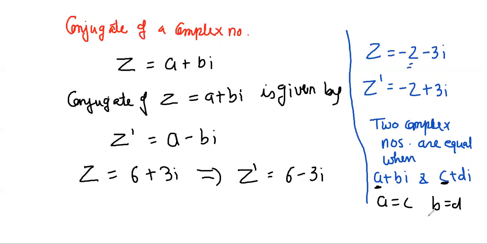if it is so, अगर a c को equal आएगा और b d को equal आएगा, तो मैं कह सकता हूँ कि two complex numbers are equal when they are represented by a plus bi and c plus di and a is equal to c, b is equal to d, ऐसे हो जाएगा. Got it? a is equal to c and b is equal to d. आपको याद रखना. तो हम कह सकते हैं ये दोनों जो complex numbers हैं equal आएंगे. I mean I can say a plus bi is equal to c plus di. Got it? ऐसे होता है.